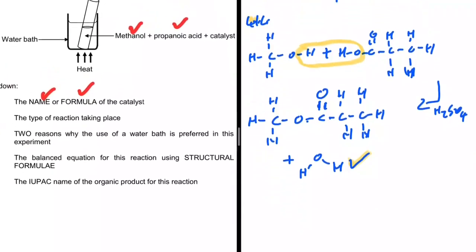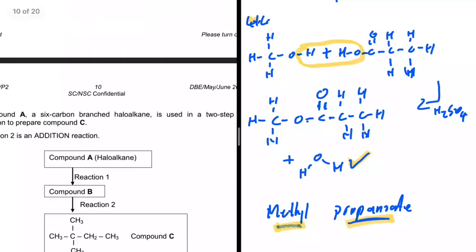The IUPAC name of the organic product for this reaction. The organic product is the ester and not the H2O. So what is the name of this ester? We're going to have methyl propanoate. Right. This part of the name comes from the alcohol and this part of the name comes from the acid. Methyl propanoate. Right, I think we have that covered. Let's take a look at